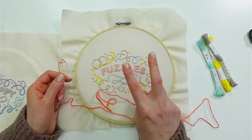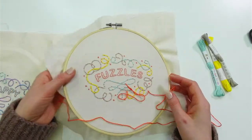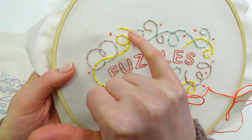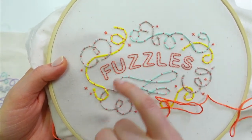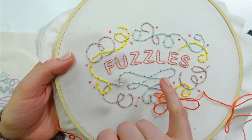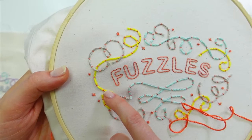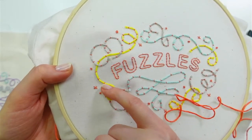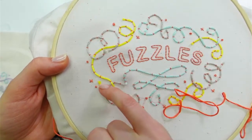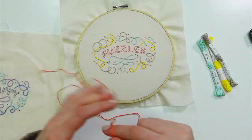I'm going to do the 2 strands of floss for this. I think it'll be a nice contrast between the 6 strands. So I am not splitting the floss for, like, this yellow that I'm tracing. For anything that's not the orange, the part that we're couching down, we are leaving the 6 strands. So those are 6 strands, all of these guys over here, while our stitches I'm just going to do with 2 strands. So we'll have a neat contrast between the really little stitches, the thin, only 2 strand stitches, versus our big fat 6 strands. So I think that'll be kind of fun. Yes, gold work is